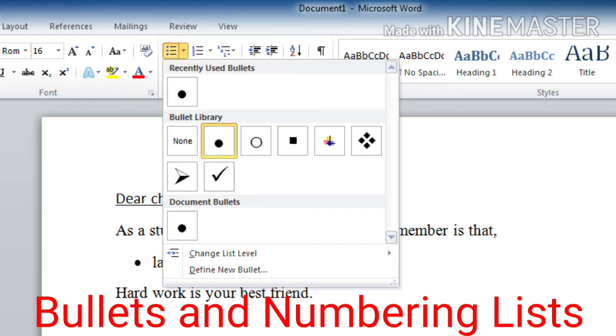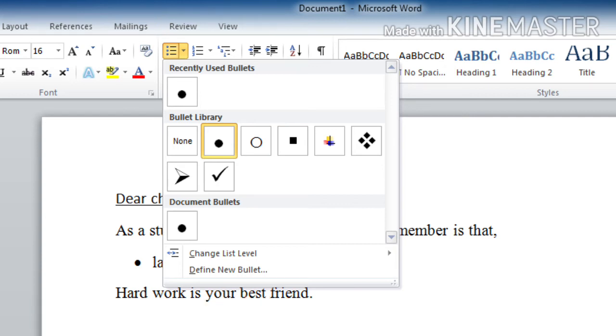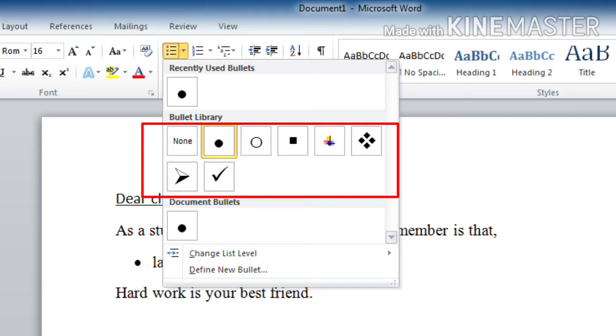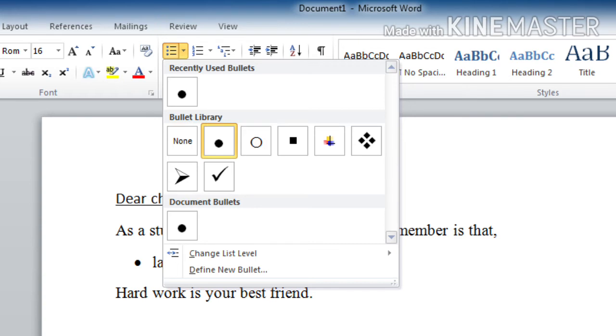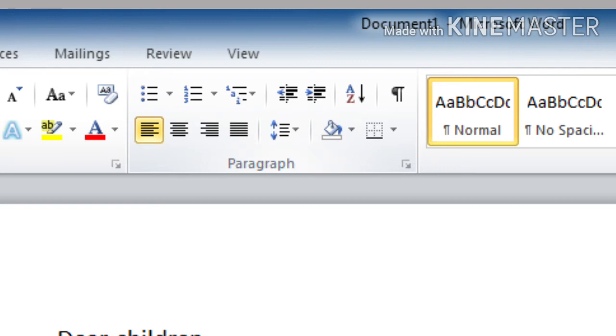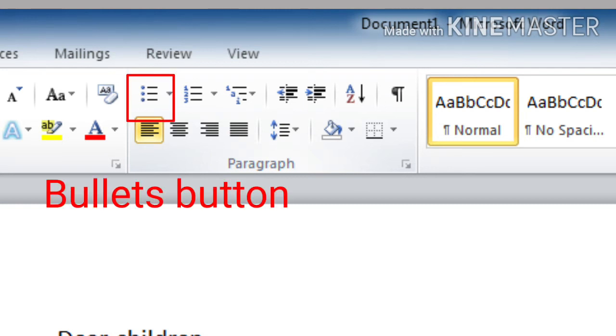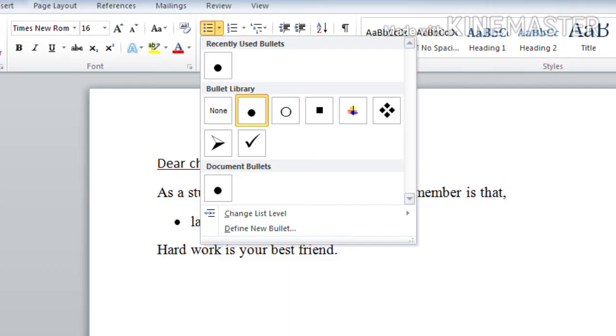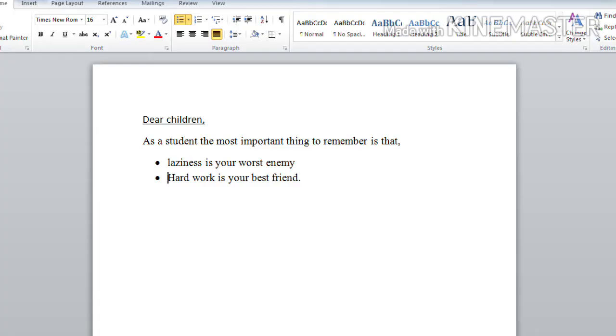Okay, either you can use bullets. Bullets means just small symbols, just like dots. Okay, and it indicates the start of a fresh line. And how can you use that? Just see, in the home tab you can find the bullet button. Here you can see, yes, it is in the paragraph group. And when you click on the drop down arrow of the bullet button, you can see different types of bullet designs. See, yes, so I have selected one from this, and you can see how my text appears.